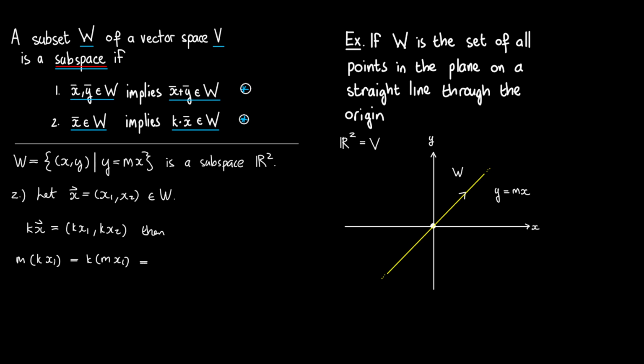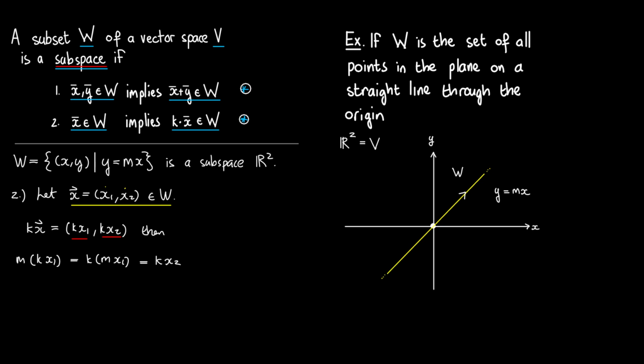And again, what is our assumption? That this is a vector in W. In other words, this component is m times this one. In other words, x2 is m times x1. So what we get here is that this is just k times x2. And so what we've shown here again is that the second component is m times the first component,